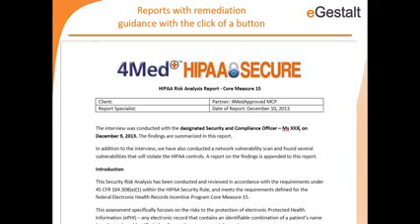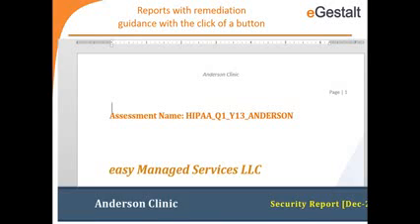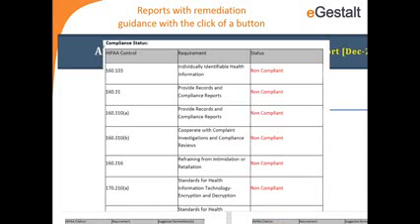And then there are copious reports available. So for example, there's a report for meaningful use. This is the output that's available from the tool. You can submit it to the government to meet the requirement there. There's a report on compliance, which tells you your overall HIPAA compliance status, or lack thereof. There's a security report that tells you your security posture.